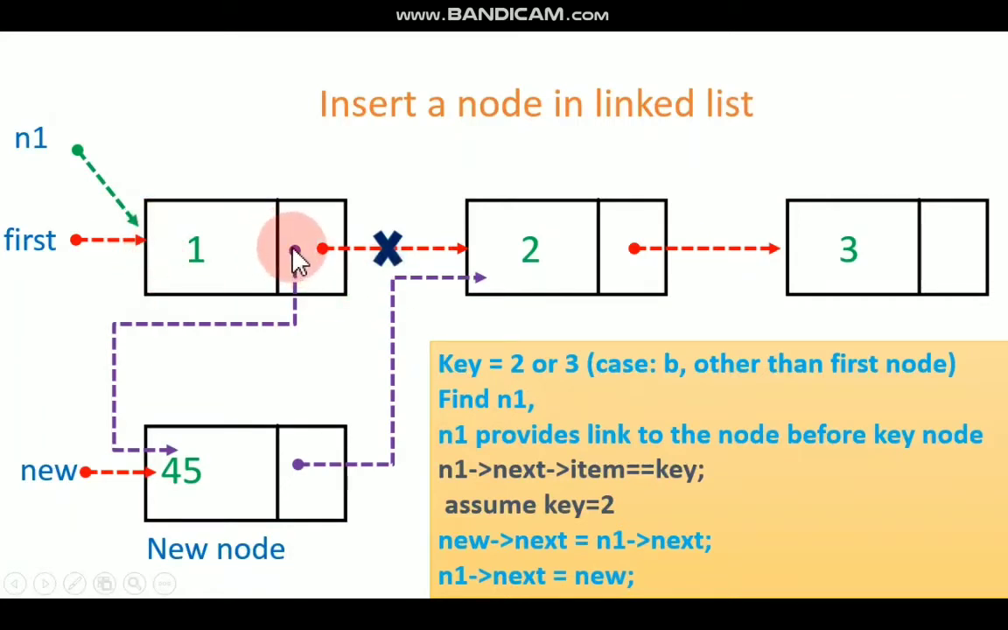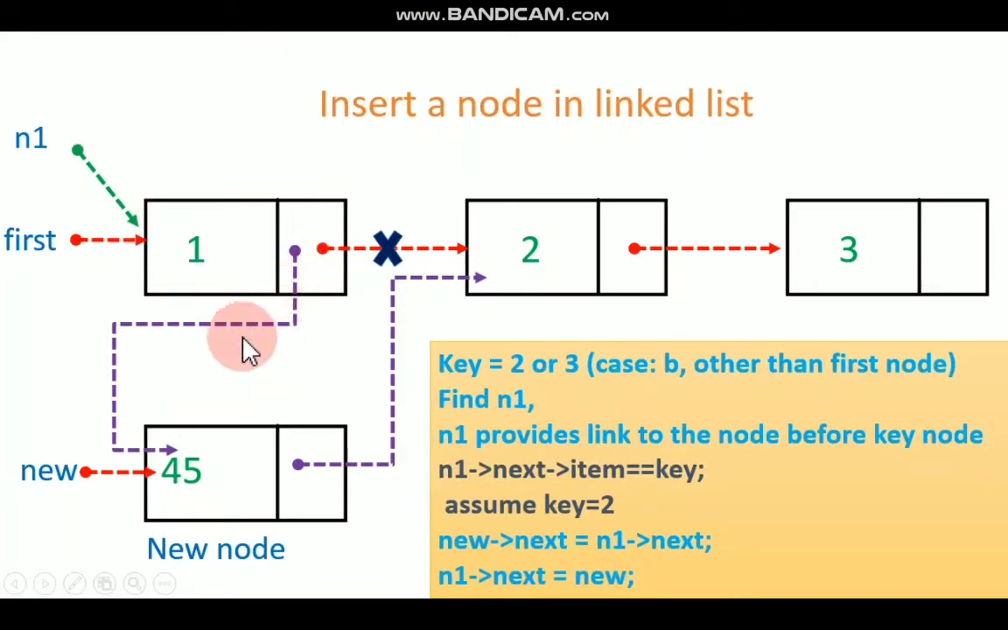Graphically we want to do this: n1 arrow next should point to new, and new arrow next should point to what n1 arrow next was pointing to, because n1 arrow next is this. So new arrow next should point to n1 arrow next. We need to write these two statements. New arrow next is equal to n1 arrow next, and n1 arrow next